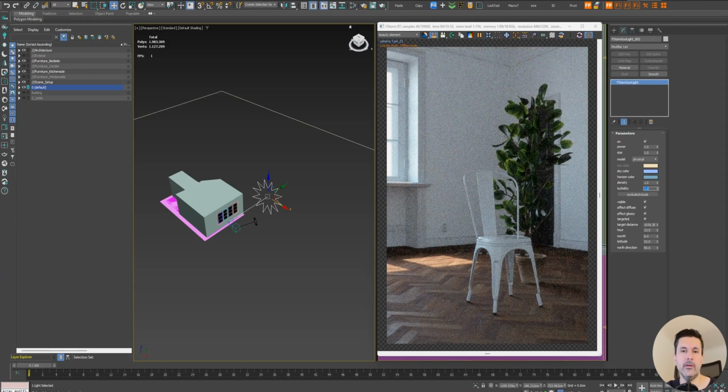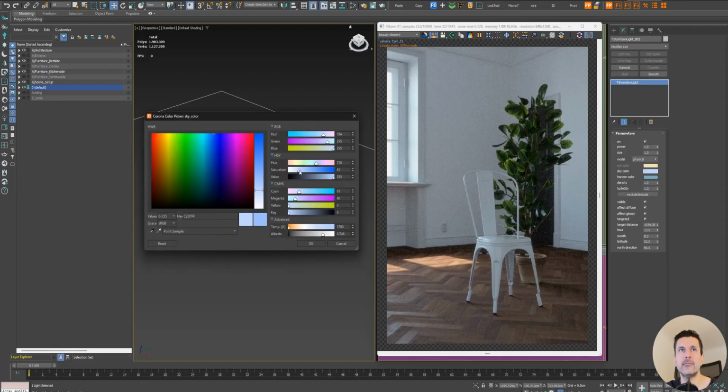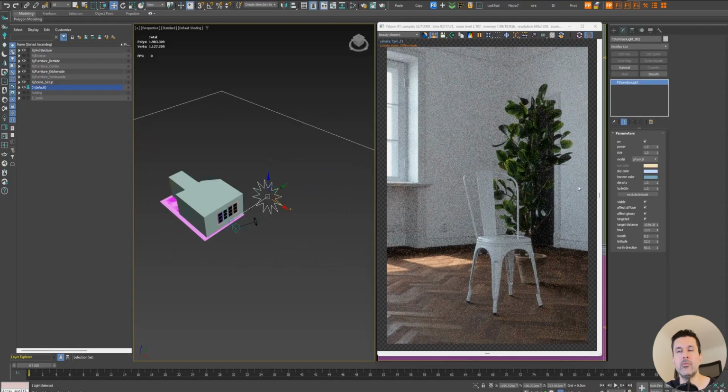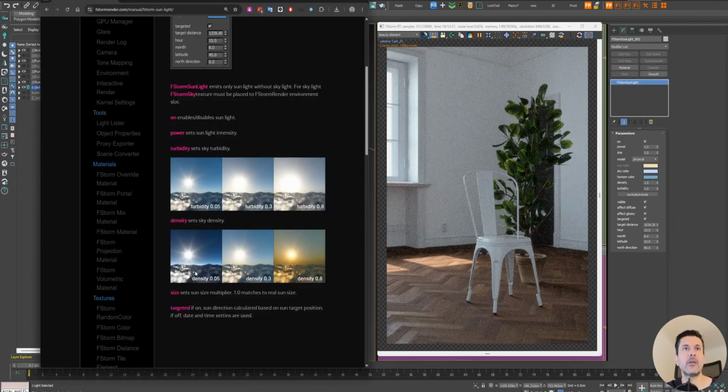to a warmer color. Usually if I want to have a warmer tone with the sky, you can change the sky color, but I would prefer to keep the sky color in a blue tone, a very desaturated blue tone, not the one we had in the beginning, and then increase the density and the turbidity. And for the density,